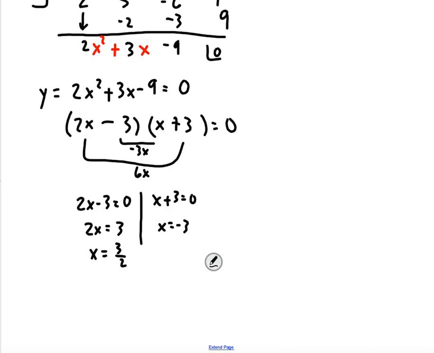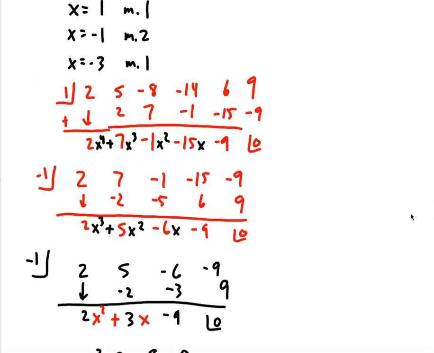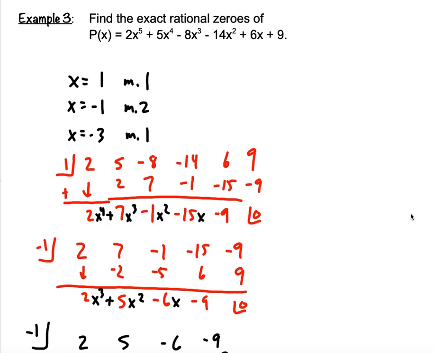So we already knew that x equaled -3, but our new one there is x equals 3/2. So then we can go back up to the top there, and our other one there is